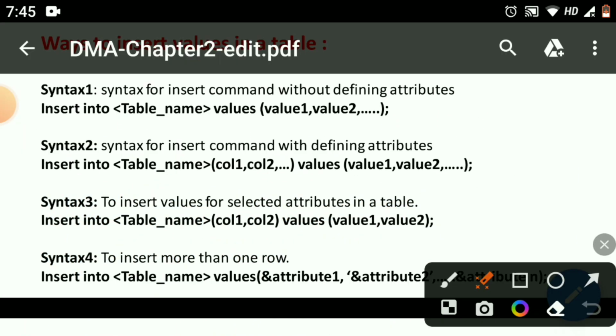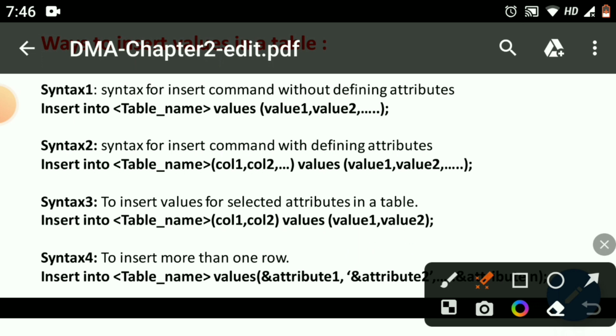So there are 4 ways of inserting values in a table. Way 1 is insert into table name values value 1 and value 2. The second way is insert into table name, we'll write column 1, column 2, values, value 1 and value 2. Now the third way is we'll write insert into table name, column 1, column 2, values, value 1, value 2.